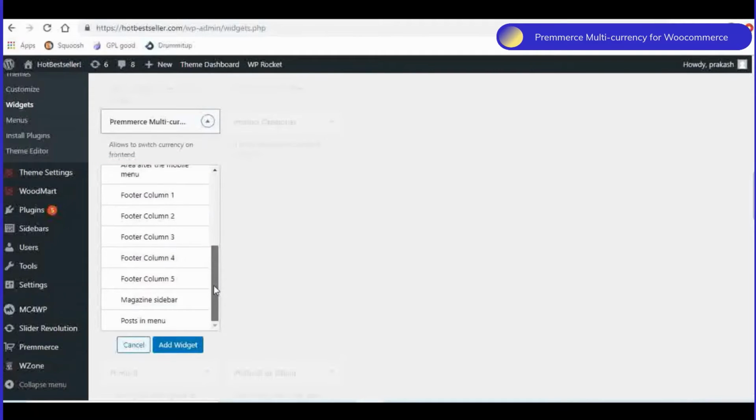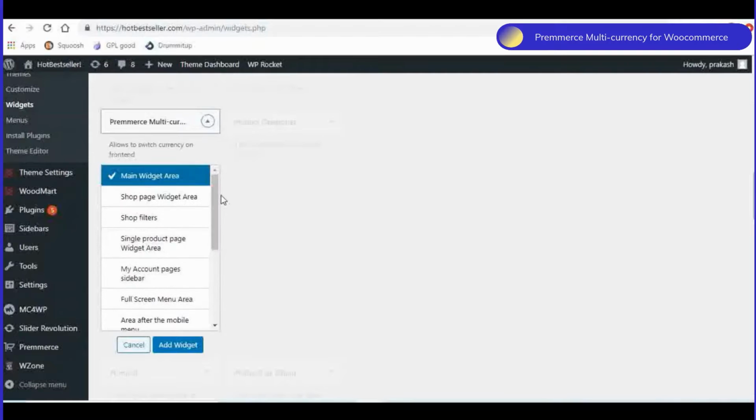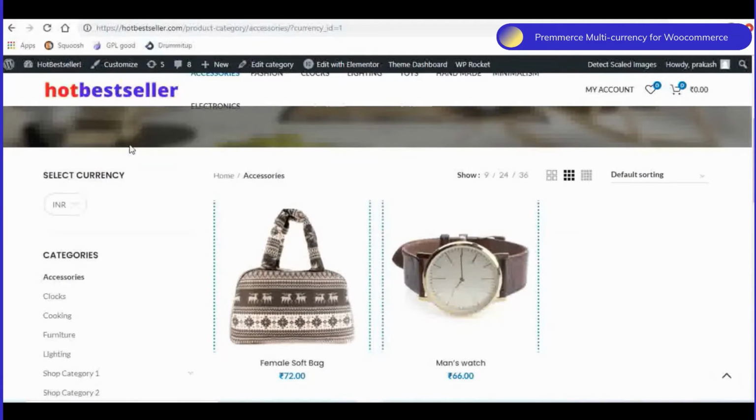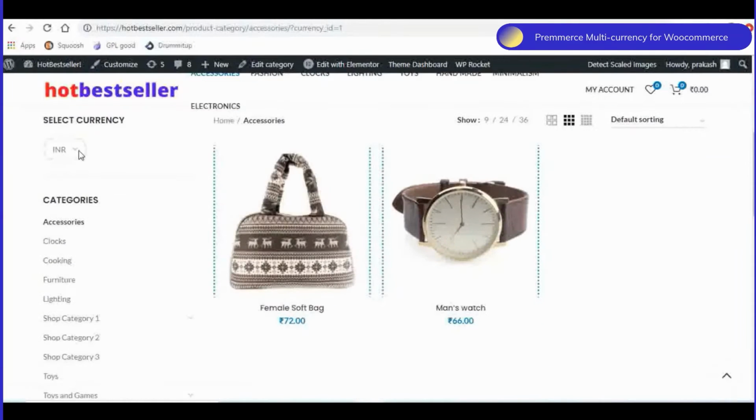So you can add this widget to any place of your choice. Once you add this widget, you will see a drop down like thing on the shop page. So I have added this widget on the shop page. From the drop down, the customer can select the desired currency,